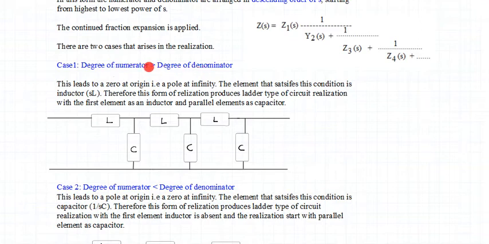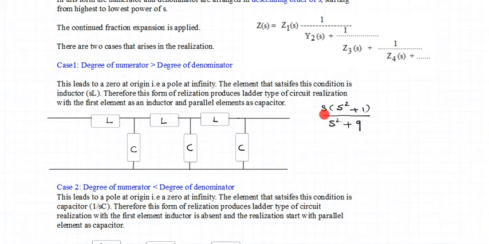If the degree of the numerator is larger, let us understand this with a system equation. Let us take an example in which the degree of the numerator is larger than the degree of the denominator. So let me take the equation as shown here. This is an example wherein we observe that the degree of the numerator is 3 and the degree of the denominator is 2. So this fits into the case where the degree of the numerator is larger than the degree of the denominator.